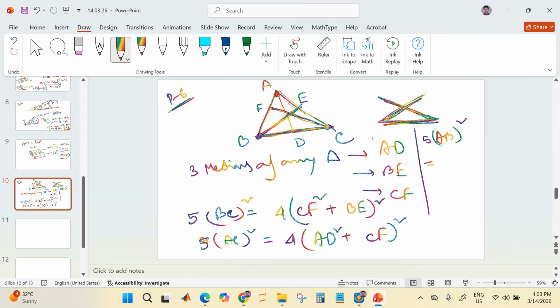A মানে AD and B মানে BE, 4 times of AD square plus BE square. So these three relations, রিলেশন এভাবে না মনে রেখে এই ফিগারটা মনে রাখো: 5 টাইমস অফ এটা স্কোয়ার ইকুয়ালস টু 4 টাইমস অফ এটা স্কোয়ার প্লাস 4 টাইমস অফ এটা স্কোয়ার।